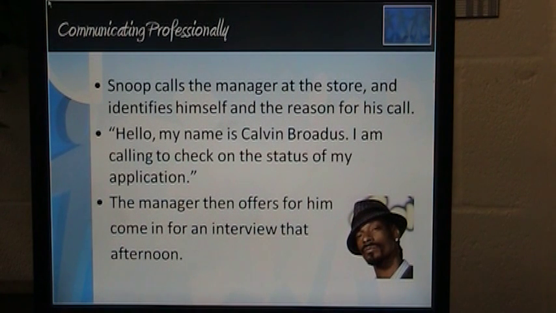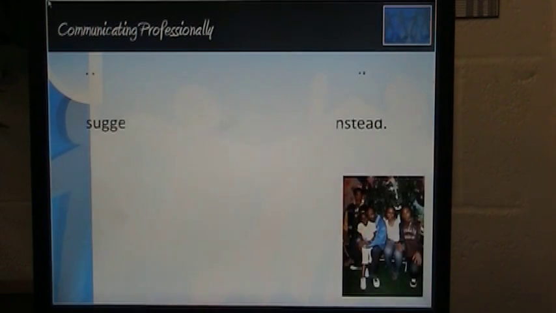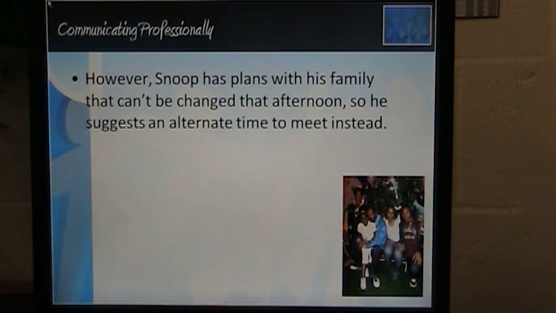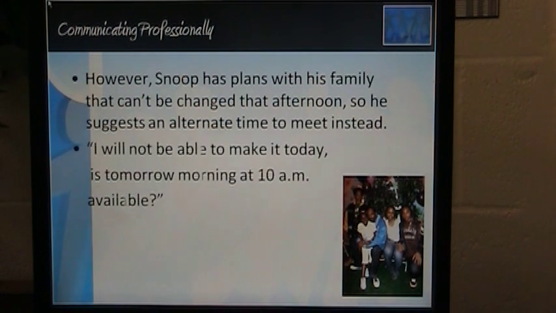The manager then offers for him to come in for an interview that afternoon. However, Snoop has plans with his family that can't be changed, so he suggests an alternate time to meet instead. "I will not be able to make it today. Is tomorrow morning at 10 a.m. available?" Notice he's very professional. He immediately